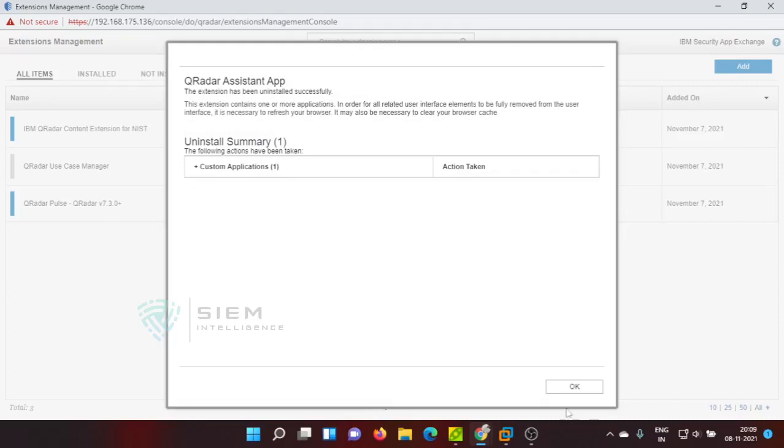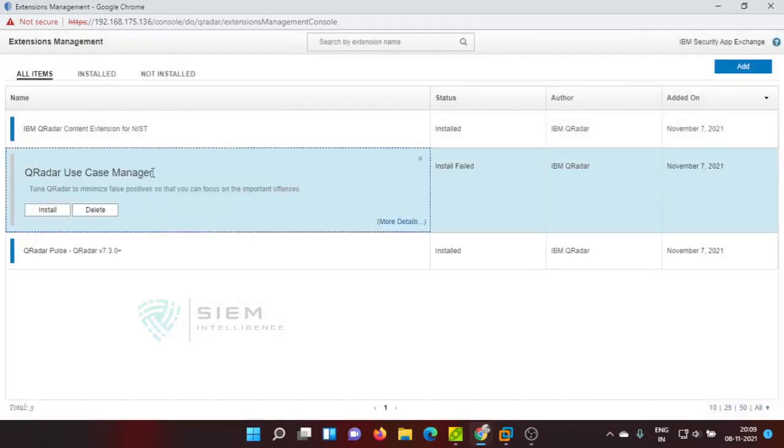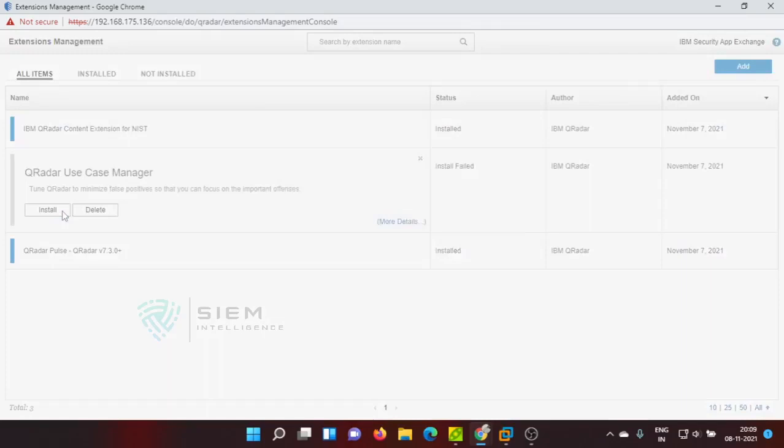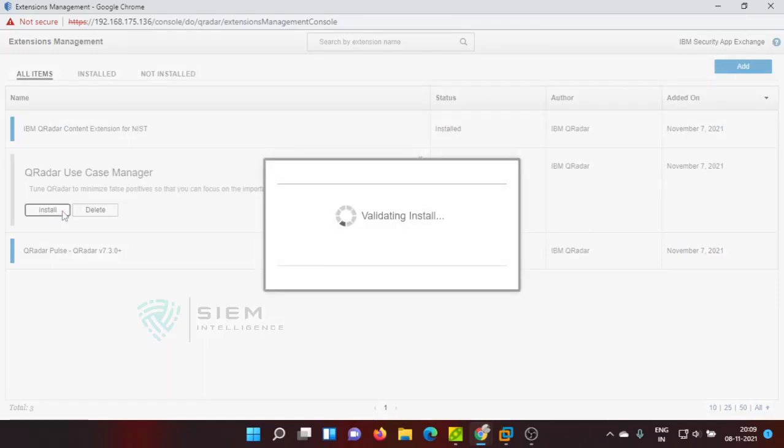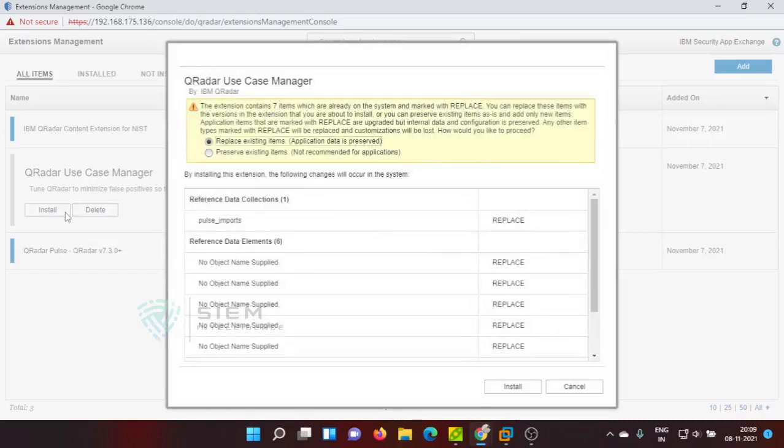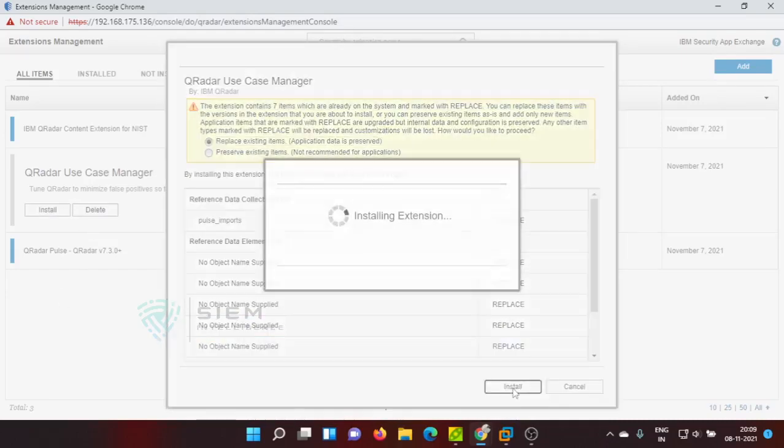See, it is uninstalled. Now we'll see what happens. So this is a gray area, so we need to take care of so many things to implement it in various aspects. We'll see. I hope this time it will install at least.